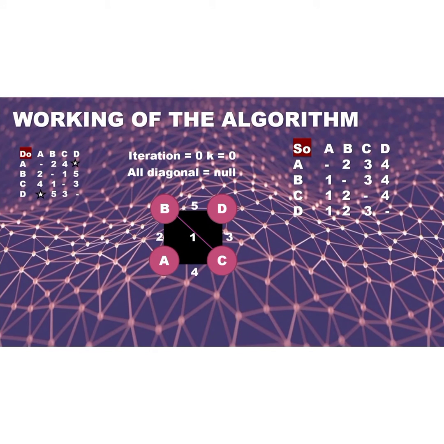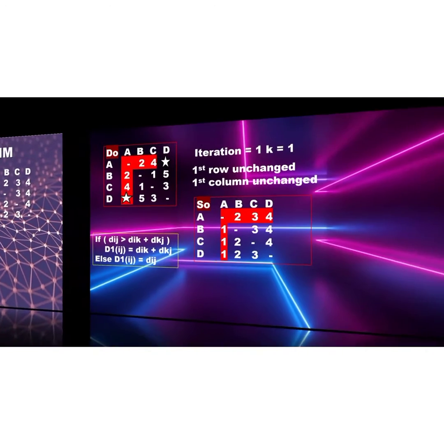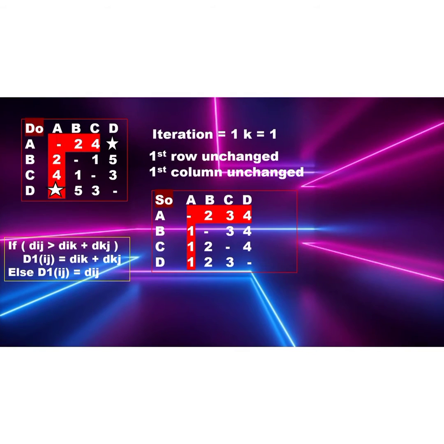Now let's see how this algorithm works mathematically. We have represented a weight matrix here according to the figure. Initially, the subset is empty, then it is incrementally increased until it includes all the vertices. The number of iterations here is equal to 0, so k is equal to 0, and all the diagonals are null. Each time that a shorter path from i to j is found, the k that provided the minimum distance is saved, and that is the highest index node on the paths from i to j.